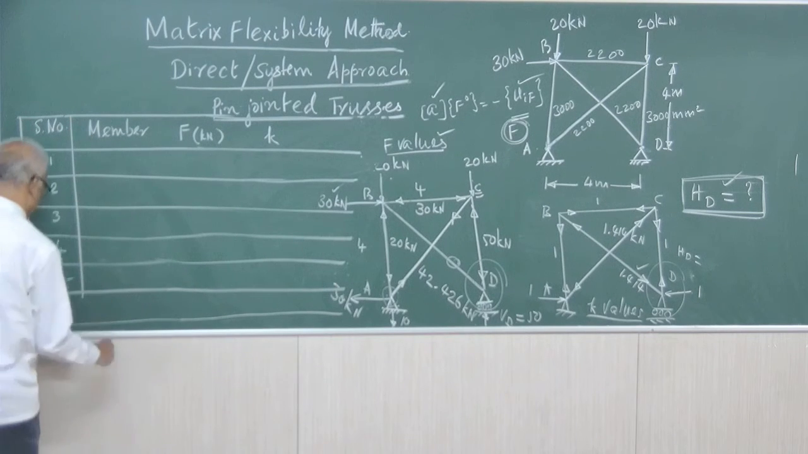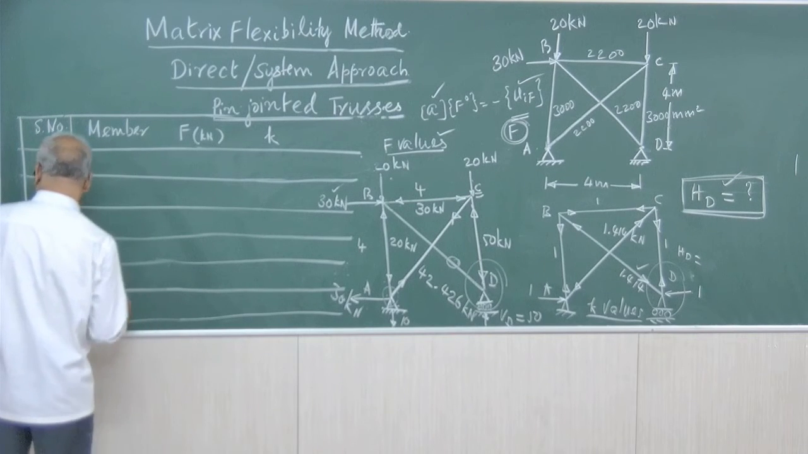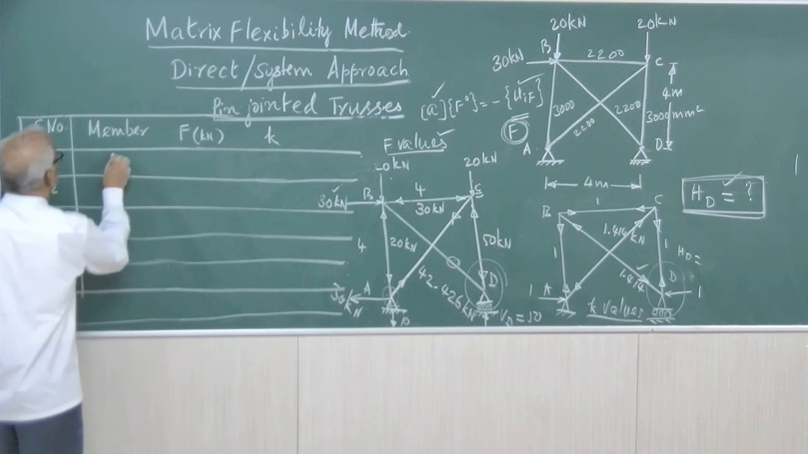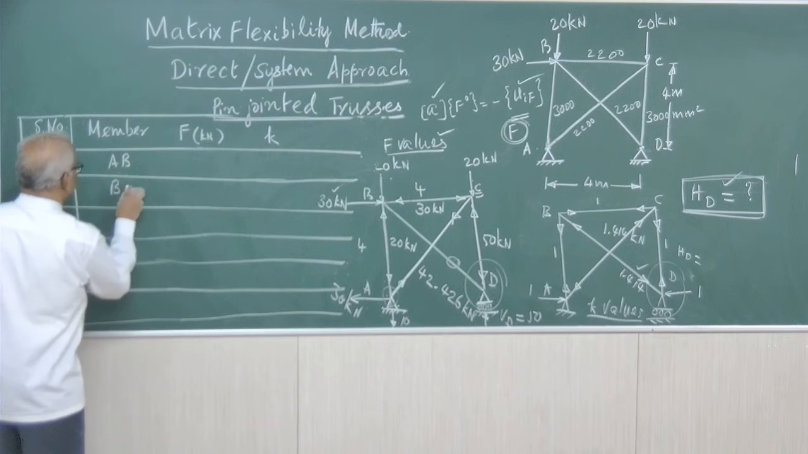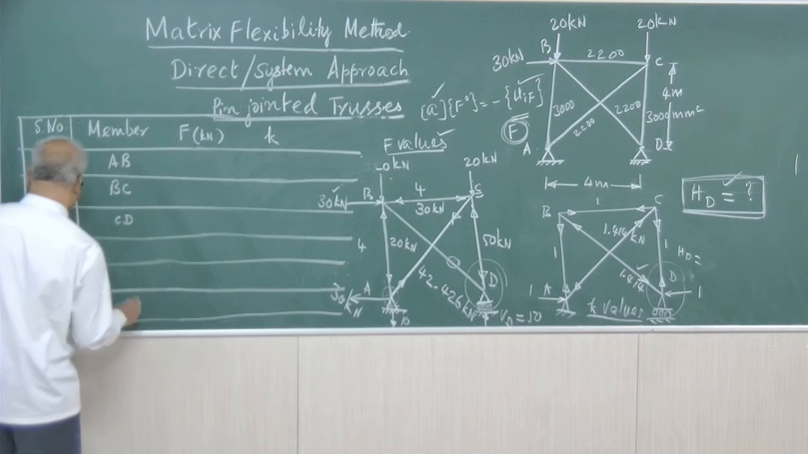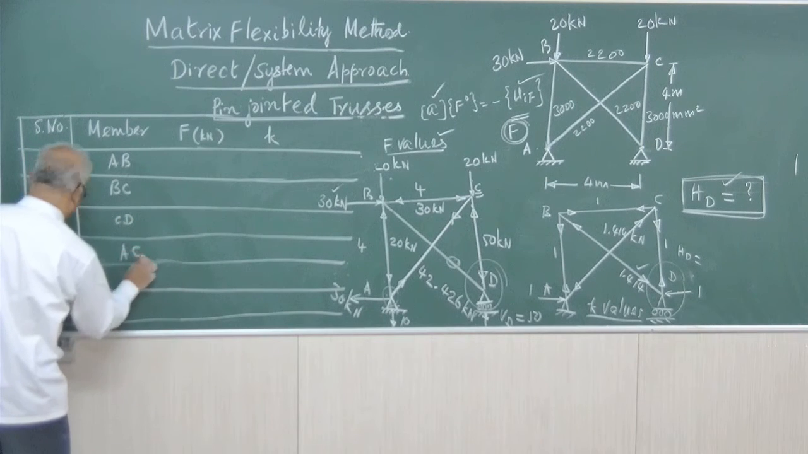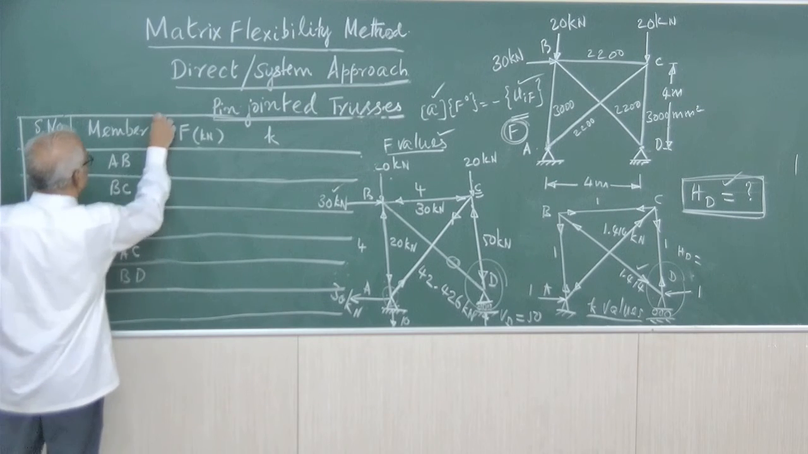Serial number: AB, BC, CD, AC diagonal member and BD. These are the 5 members